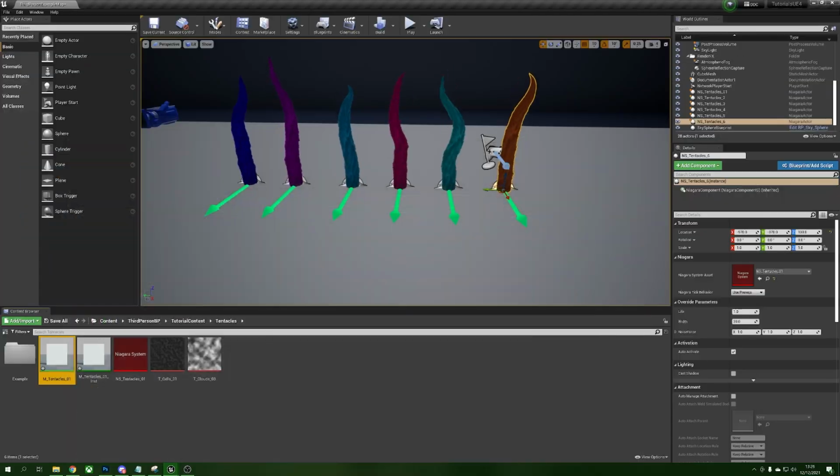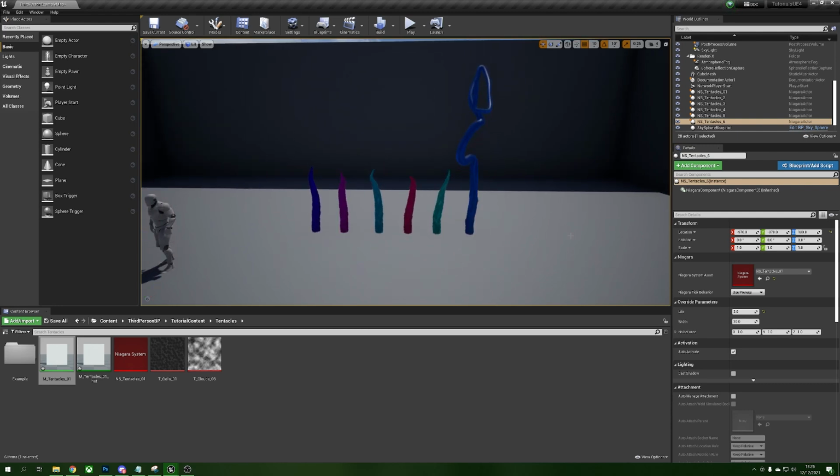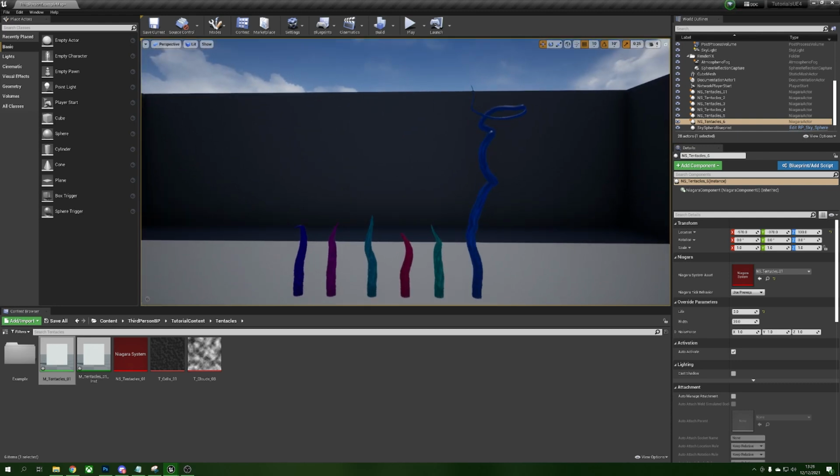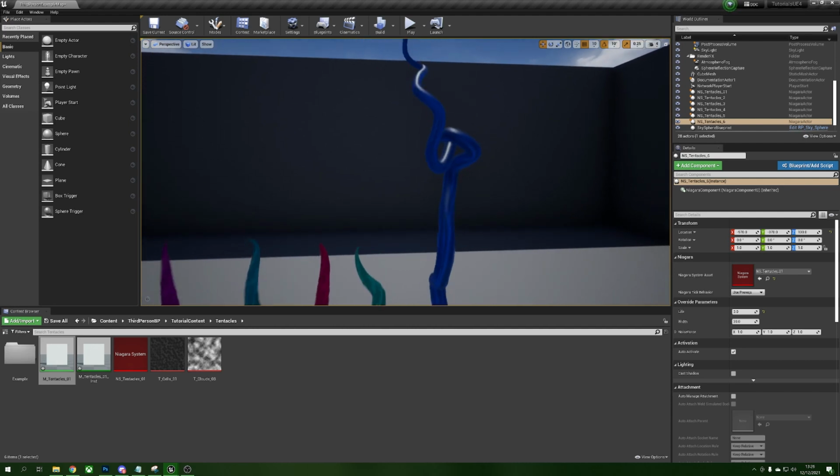We'll minimize this guy down. And now we can change each one individually. So we've got this one on the right-hand side here selected. We can say life 3 maybe. And now he's going to be a much taller tentacle. But because he's much taller and he's going a much further distance, you can see here that his